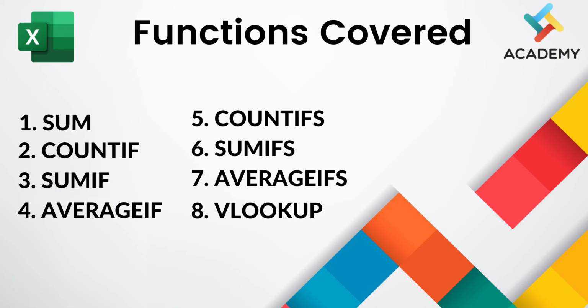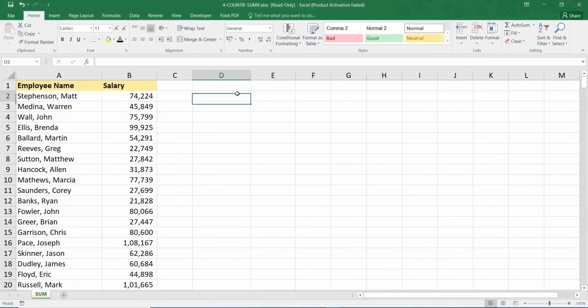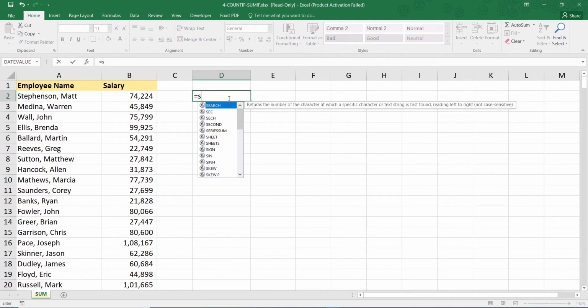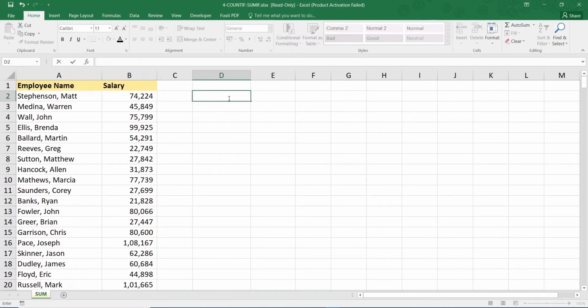All right. So one basic thumb rule before we start learning about functions is that every single function in Excel starts with an equals to. Every function in Excel starts with an equals to, and then you start typing the function name that you want. All right. So we'll start with the most basic one, which is sum. As I type in sum, a list of all the functions that have sum as a part of the name pop up. Okay, and I can select any function that I want to.